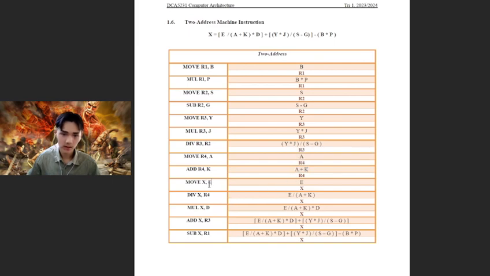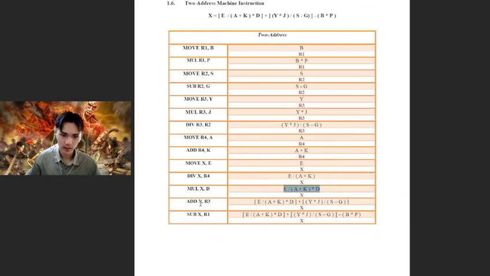And later, we'll move E into the address X, which is the current address, and divide X with R4 first. So E divided by A plus K and multiply with D here. And we will finally add